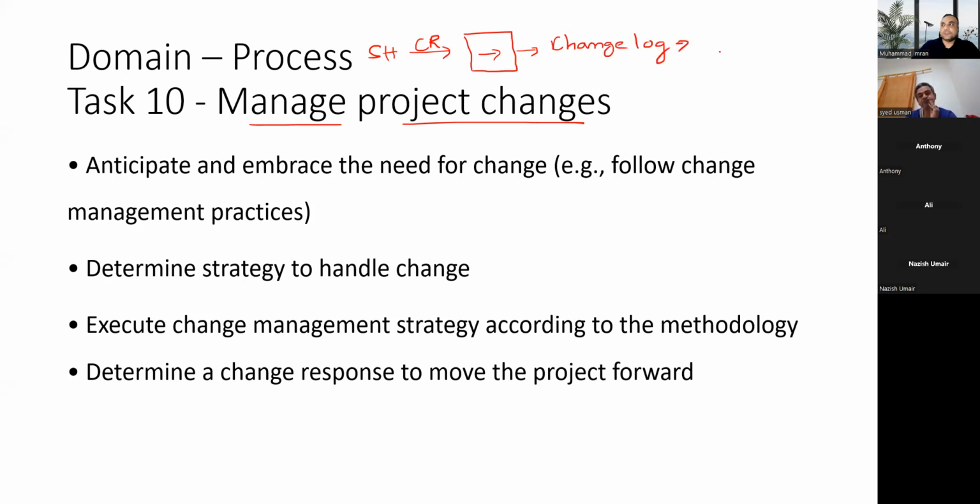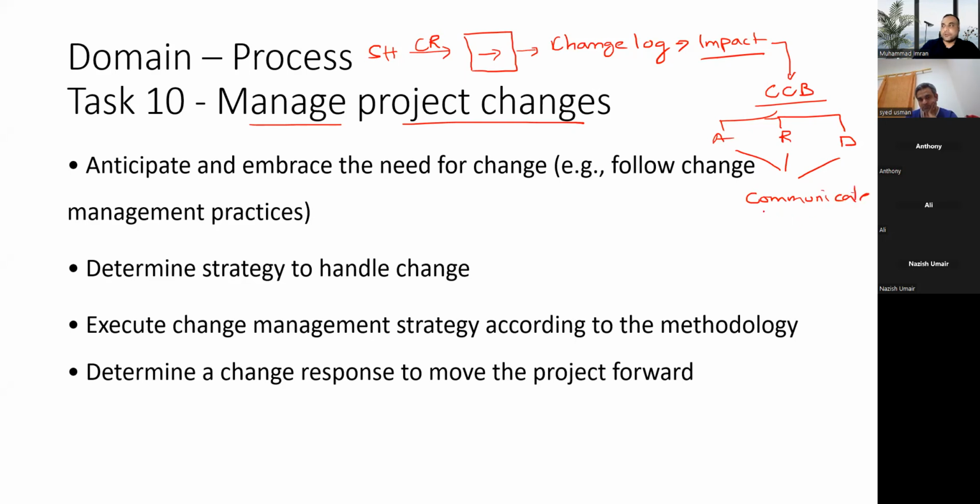Once it's added into the change log, then you will do the impact analysis of how this change will impact the project or its baselines. You can approve it or you need to go to the project sponsor or change control board. Once you perform the impact analysis, as I keep saying, you are not the decision maker, so it will be submitted to the change control board. The change control board will review it and they can accept it, reject it, or defer it. Whatever the outcome, in all situations, you as a project manager have to communicate